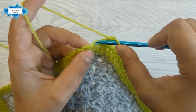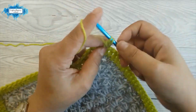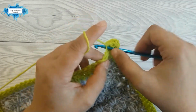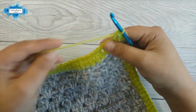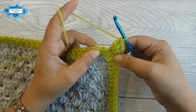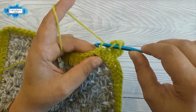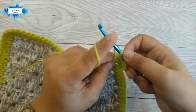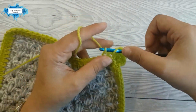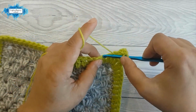So in the back loop, make 3 double crochet, and that's your corner pattern. And then in all the other stitches, we will make double crochet stitches in the back loops. So again, pick up the back loop and make your double crochet as usual, and then into the next one make double crochet, and so on